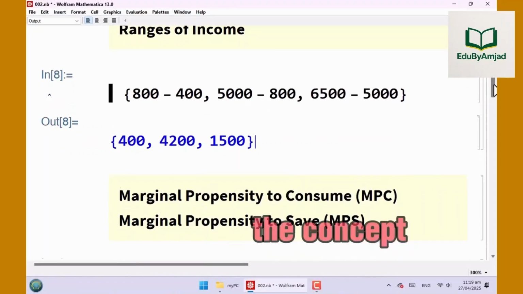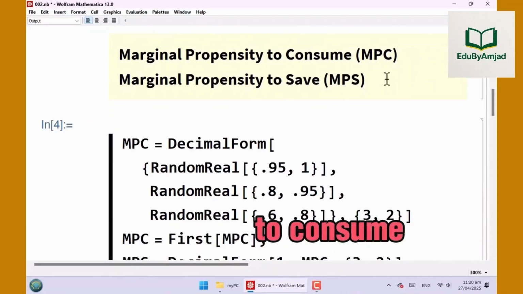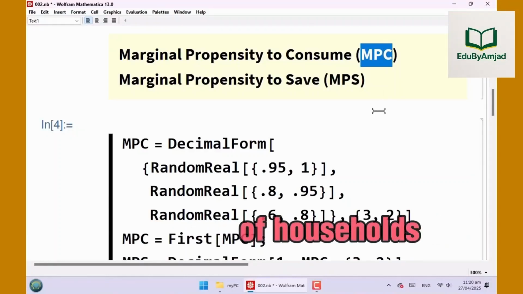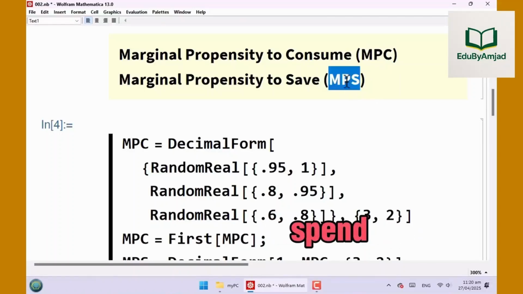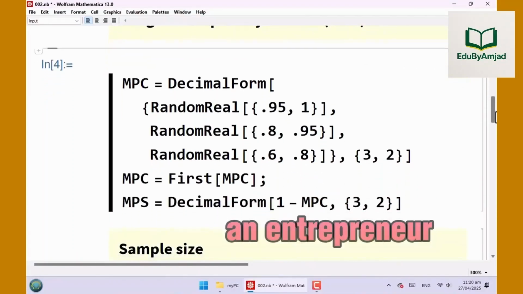Next comes the concept of consumer behavior, that is marginal propensity to consume, also to save, which determines the expenditure behavior of households. MPC is the fraction or percentage of income that a household is willing to spend. The remaining fraction is called MPS, which determines the saving portion of household income. The saving can become an investment when a household acts like a business or an entrepreneur.